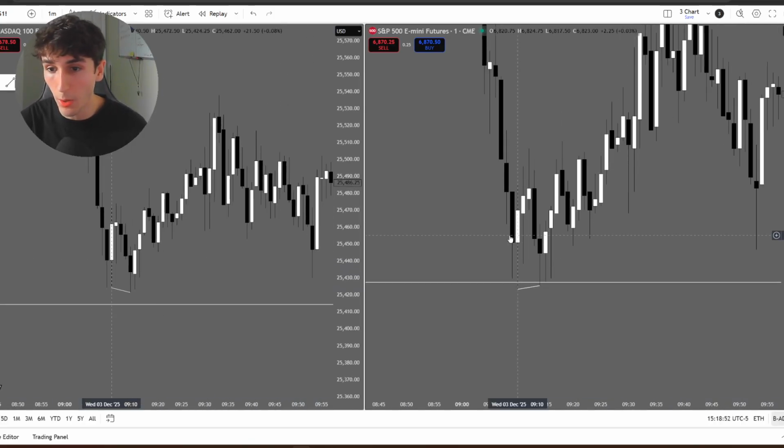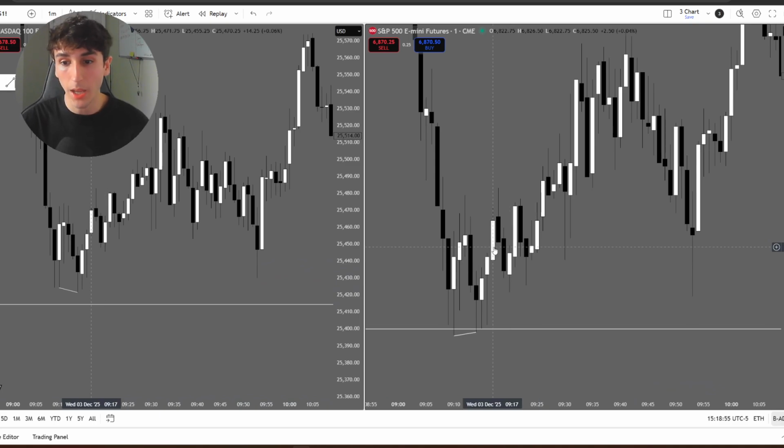And shortly after that, we get an impulse to the upside. I end up catching my trade right here. Once we start breaking back to the upside, we get an inversion gap. Whatever criteria you want to build based on your model, build it. The foundation of this model is SMTs. It all depends what else you want to stack onto it. Breaks of structure, change in states of delivery, inverse fair value gaps, fair value gap retest,